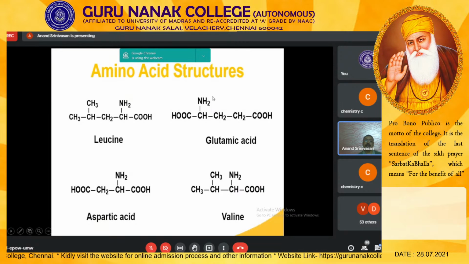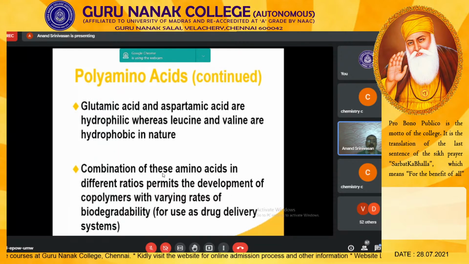Similarly, with amine and acid, you can prepare amides. So you have to look into the functional groups of this material and try to modify it according to your desire, make products or components, and use them for specific end-use applications. That is what, as a chemist, you should be looking at. Okay, so this is about polyamino acid. Again, they find use as a drug delivery system.